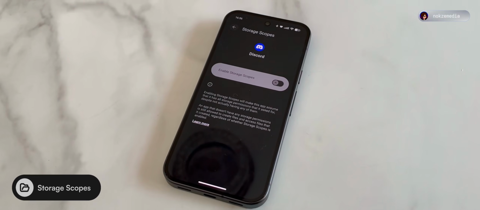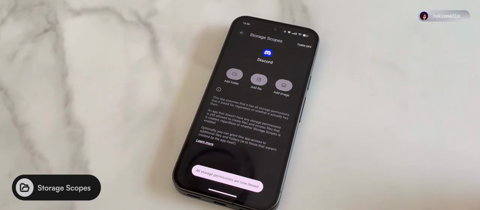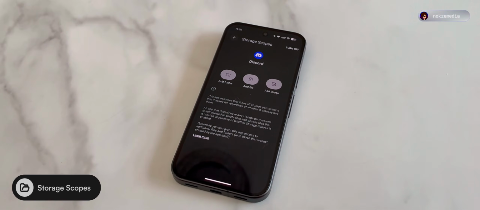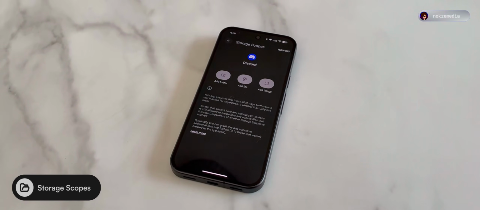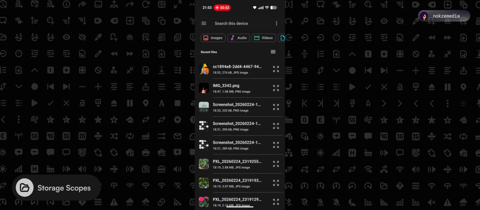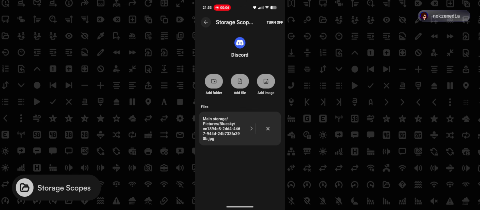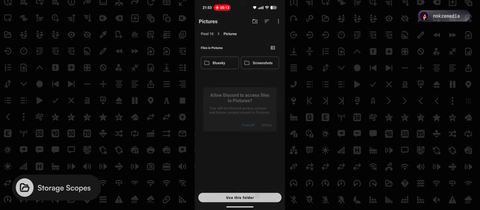Storage scopes allow you to trick apps into thinking they have full storage permissions when they actually do not. It is a privacy-focused alternative to the standard Android all files access or media permissions. You can manually add specific files or entire folders to the app's allowed list. This allows you to give an app like Discord access to only one specific memes folder rather than the entire